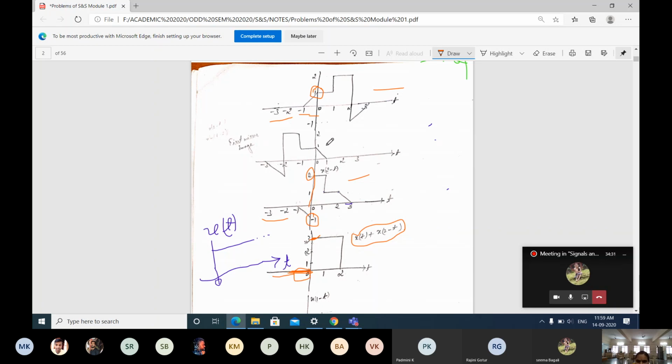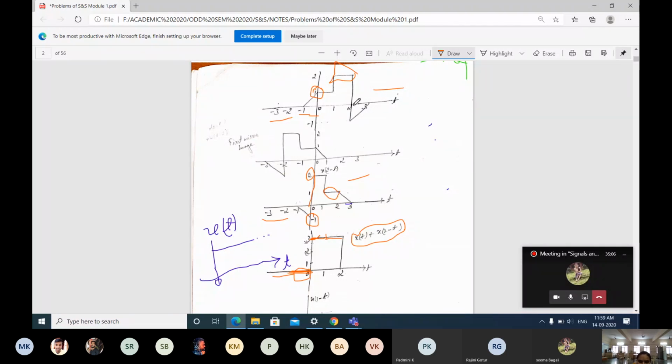Okay. Then if I observe from 0 to 1, here it will be 1 only and here also it is 2 only. It means it will be continuing till 1, from 0 to 1 as 3 amplitude. 2 plus 1, 3. Then from 1 to 2, what is the amplitude here? Here it is 2 and here it is 1. 2 plus 1, 3. Again it is continuing.